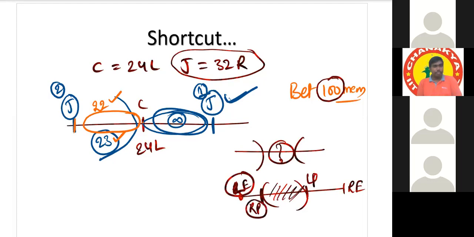Sir, can you repeat that maximum number of people in between? The one you just explained, sir, like 22 people in between Junnu and Chinnu. Yeah, maximum we can accommodate 22 members only between Chinnu and Junnu in case of overlap. In case of non-overlap, we can accommodate any number.